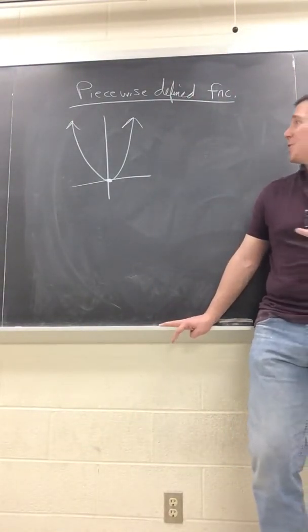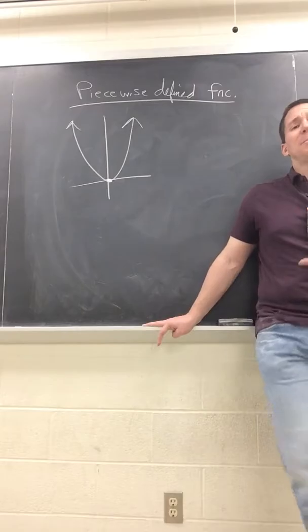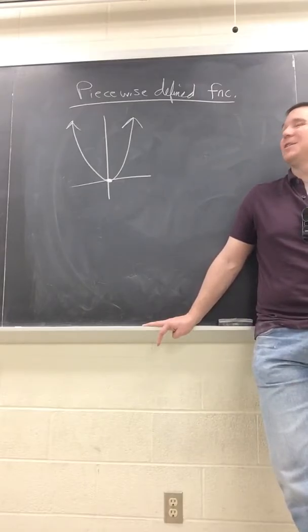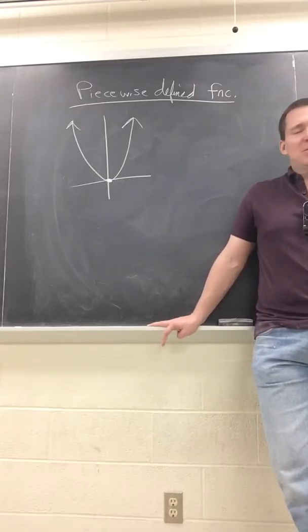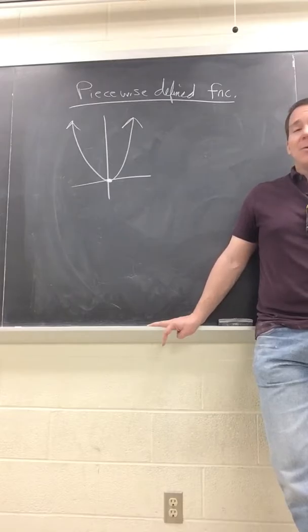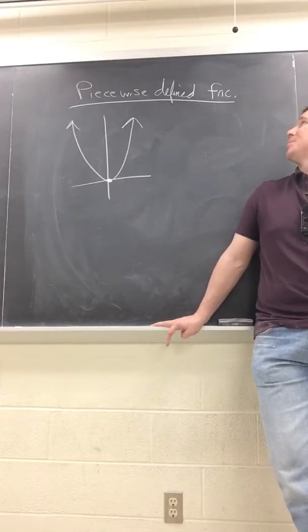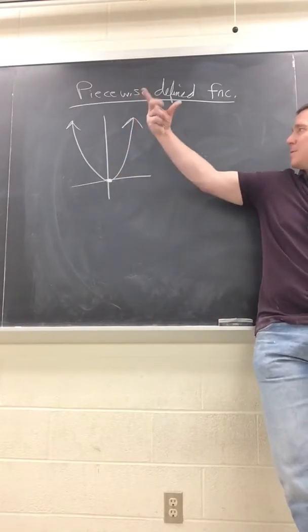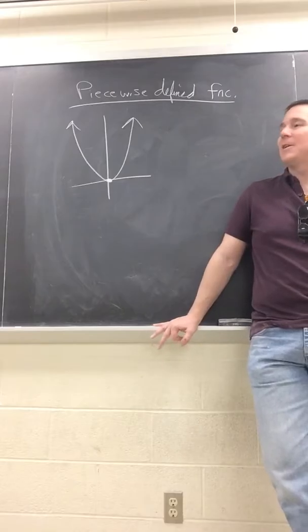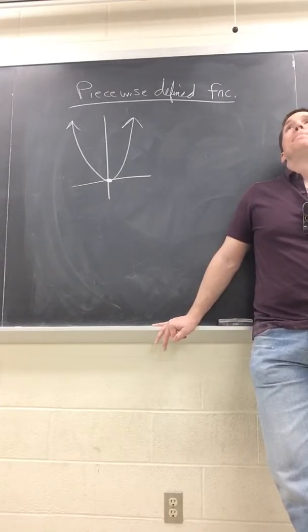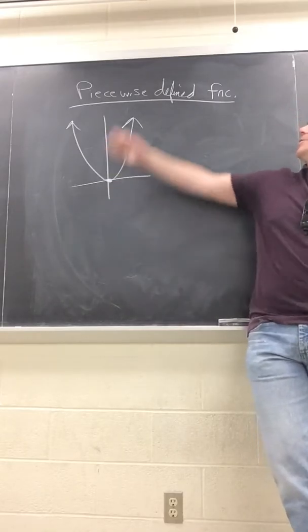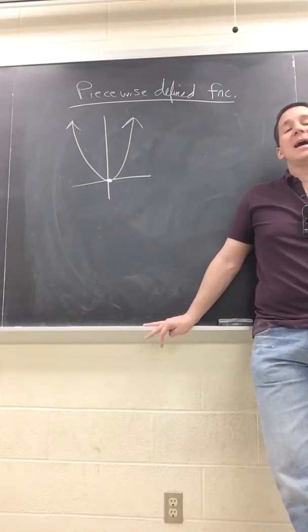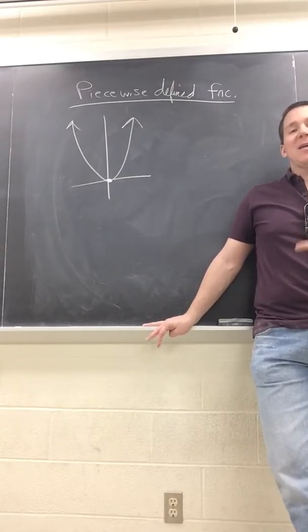Okay, in the last lecture, we looked at several basic functions like quadratics and cubics and absolute values, things like that. Now we're going to look at a different class of functions called piecewise defined functions. And essentially the idea is we know how to graph a quadratic. There's a parabola right there. We could graph a cubic. But now it's called a piecewise defined function because now we're going to take those graphs and cut them